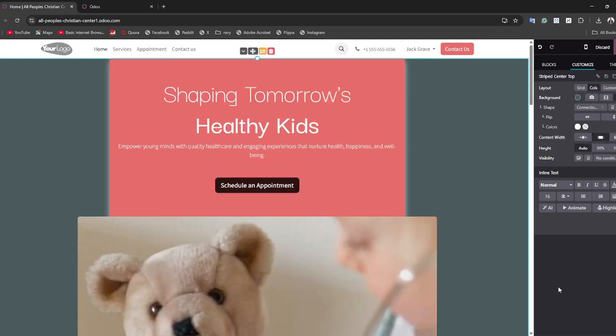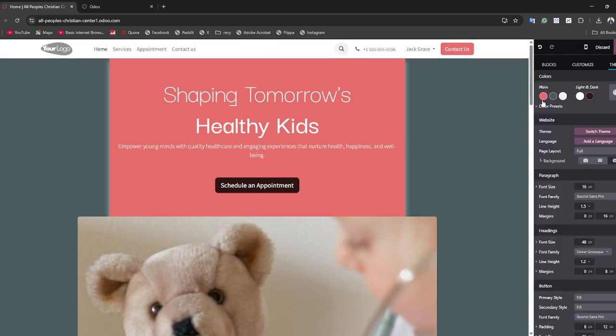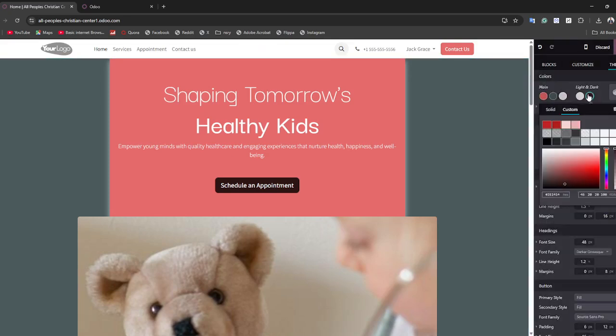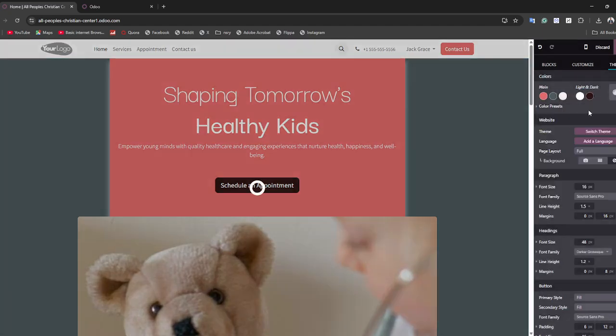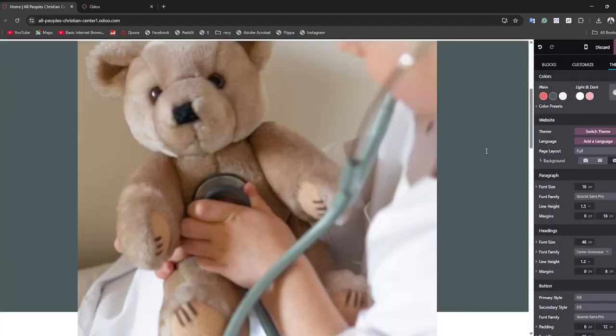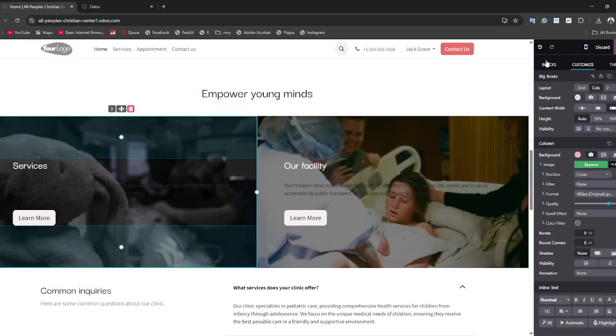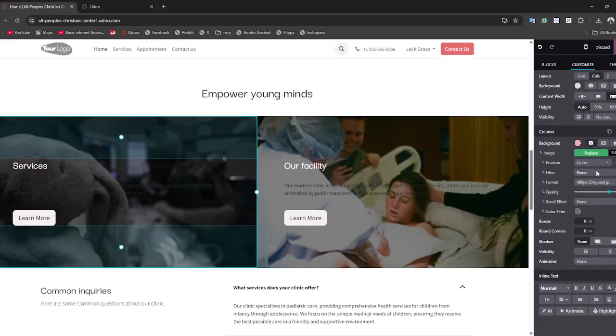Now let's say you want to change the theme, background theme, so simply tap onto themes, and from there you can choose your themes here, like the background themes. Simply tap onto them, you can choose it. Wait until it loads. Now let's say you want to edit, you want to upload some images here, so simply